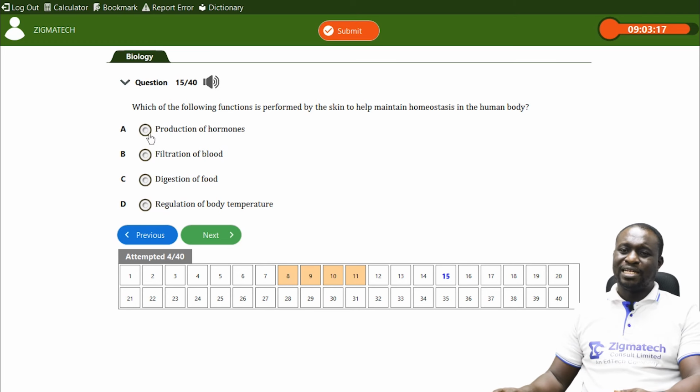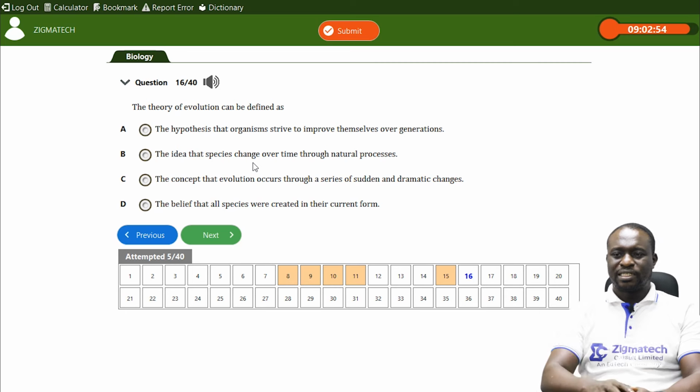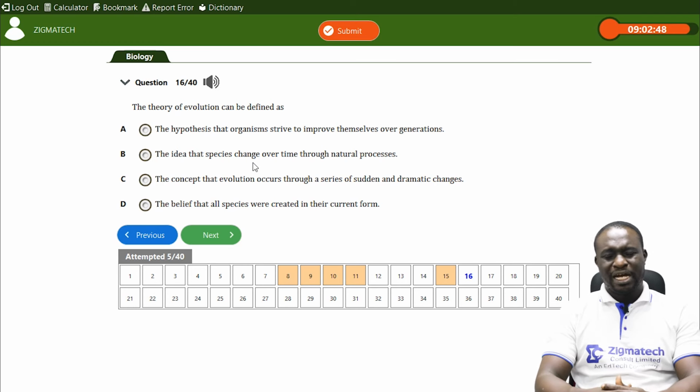So option A, the skin does not produce hormones, so it is not correct. Option B, no, the skin does not filter blood. And option D, the skin does not undergo digestion process. But the correct answer is that the skin regulates what? Body temperature. Question 16 says, the theory of evolution can be defined as, now when we are looking